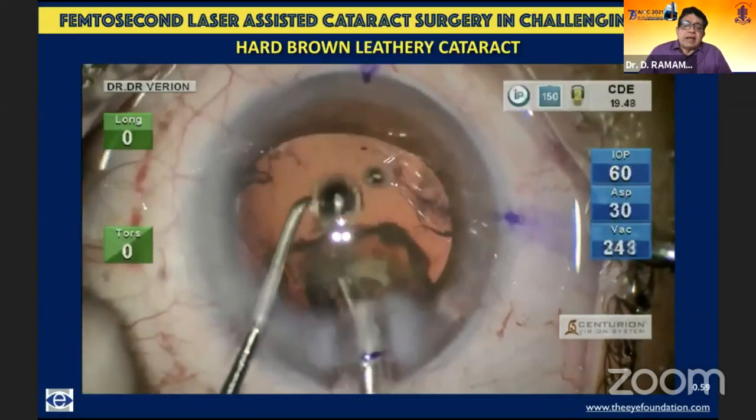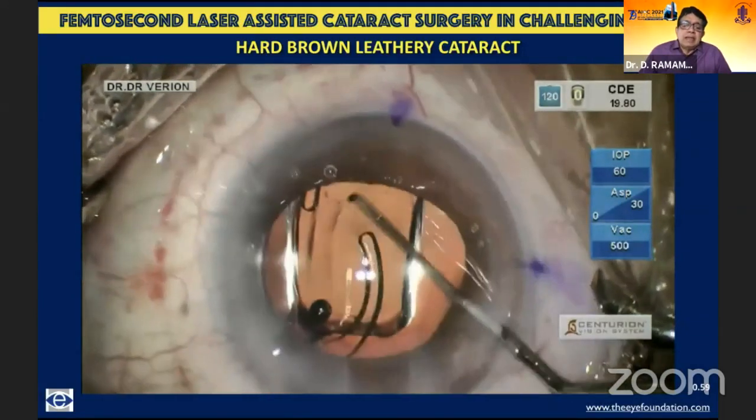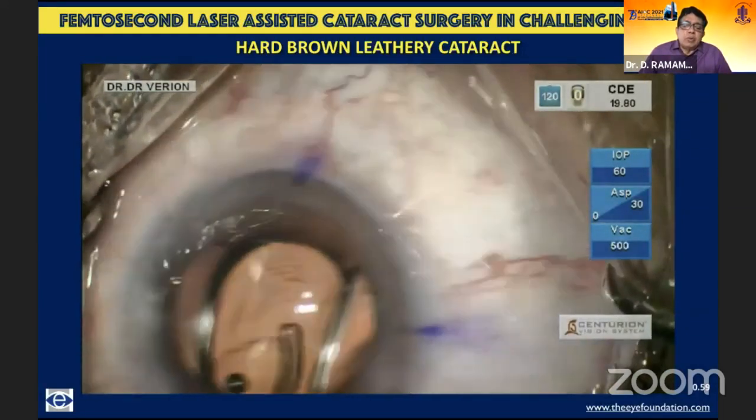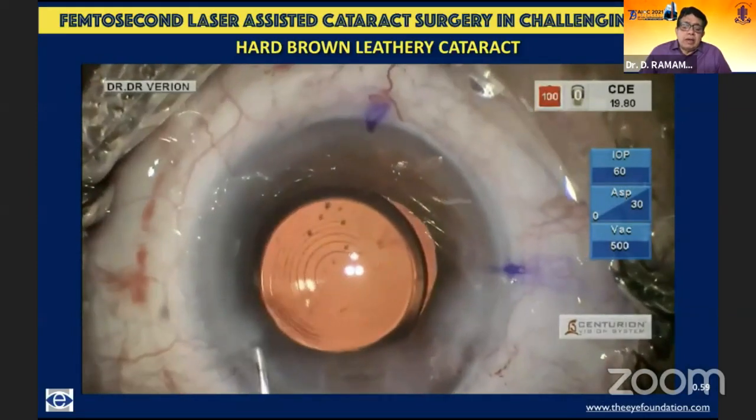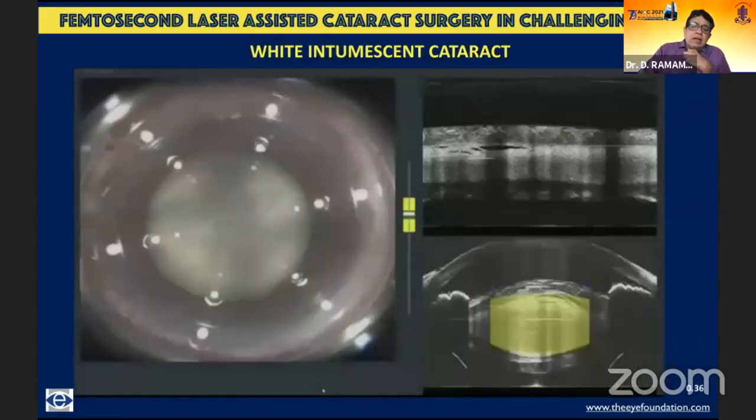If it's a grade 5 cataract you're doing, if you do this kind of honeycombing of the lens, then it softens up to about grade 3 or grade 2. Initially, I used to combine this honeycombing with sextants or octants, but now I feel that just softening up the cataract using the laser, and subsequently chopping the cataract in the conventional way that I showed, does help.